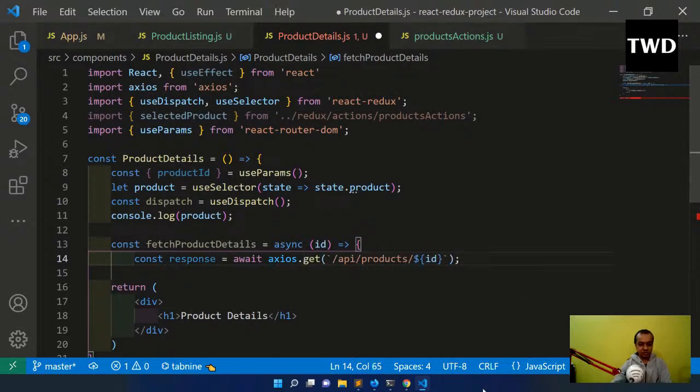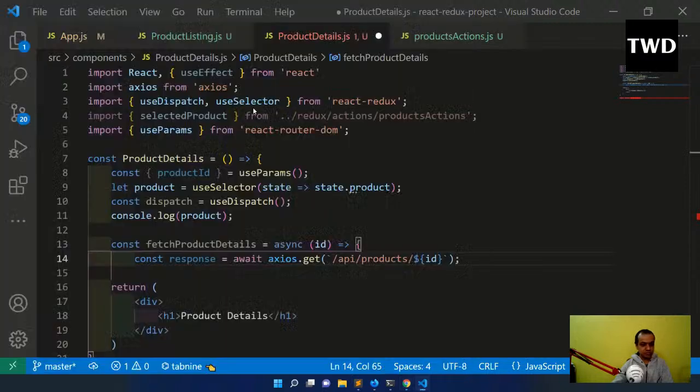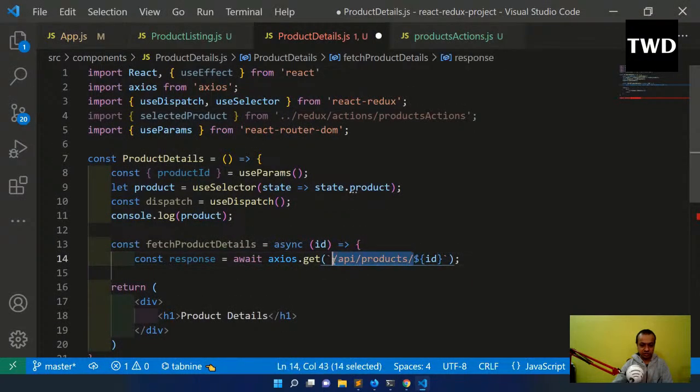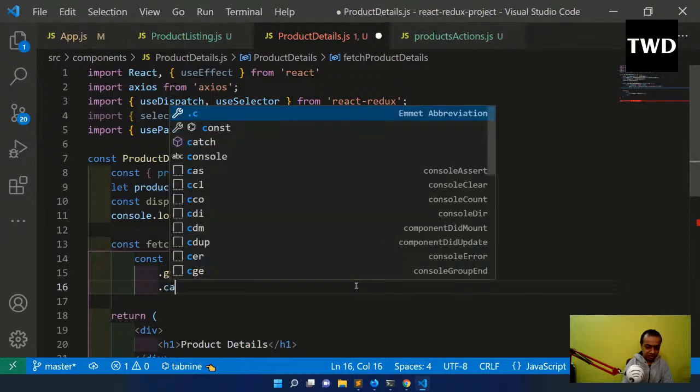So again it is giving us wrong. So axios.get, get the products, axios.get this thing till the product, and then the id will be passed. Okay, so similar to our previous part. Okay, let me do one thing, let me take it below, then and .catch